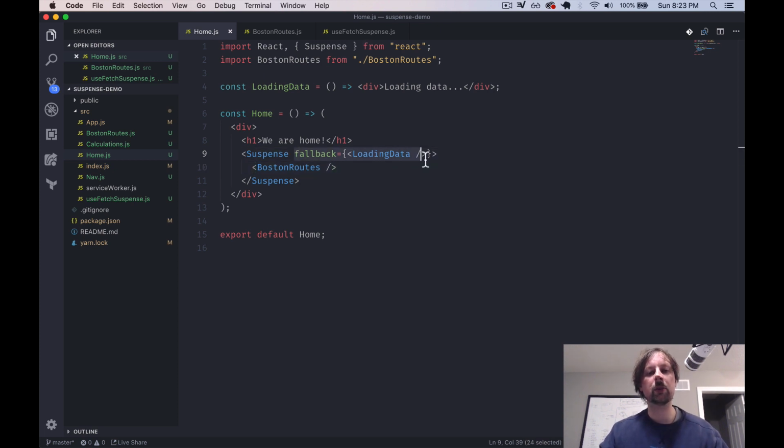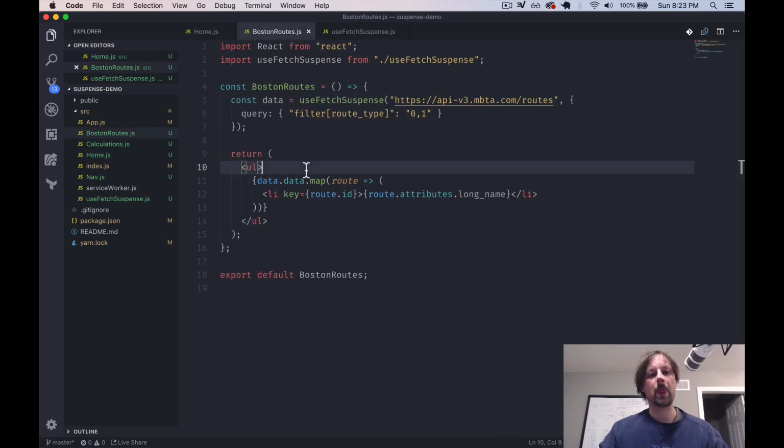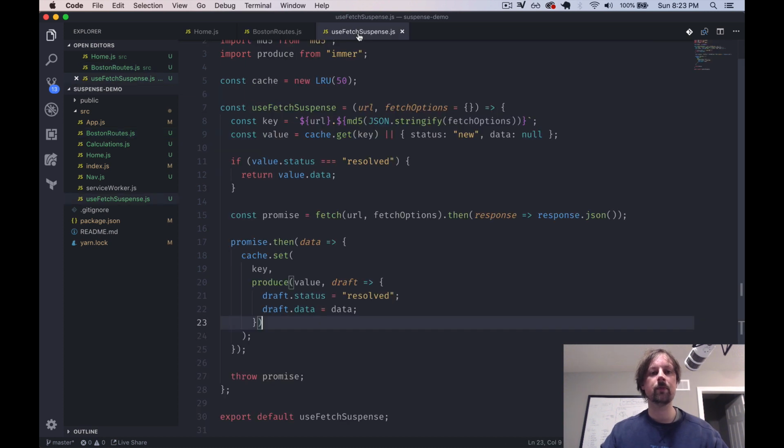So if it hasn't been resolved yet, it shows this loading data component. So if we go into Boston routes, this is a functional component that has our custom hook here. And this custom hook passes in the URL along with any fetch options that we want to pass on to the actual fetch call. So we come in here, it takes the URL and the fetch options and it builds